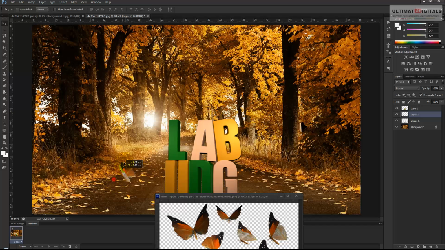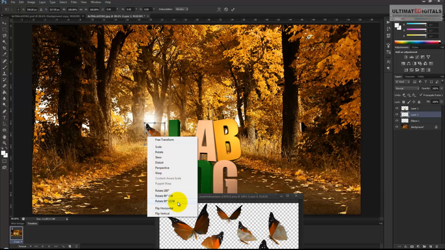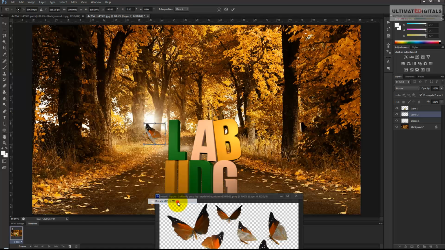Then press V, select the butterfly, press Ctrl T so that you change the direction. Just rotate 90 CCW. So you see the direction has been changed immediately. Bring it over the text and put it here. Now it looks good, but